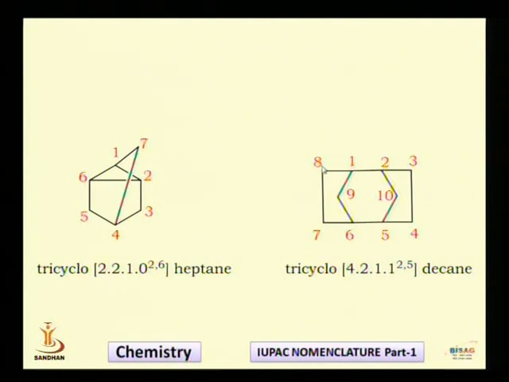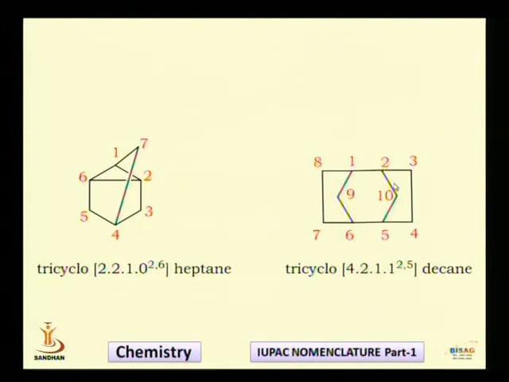So after completion of numbering over here, the number 9 will go to the principal bridge carbon. And then after that you have to number on the subsidiary bridge. This 2 and 5 bridge is a subsidiary bridge. So finally the numbering will go on the subsidiary bridge. So this is how numbering is to be done.